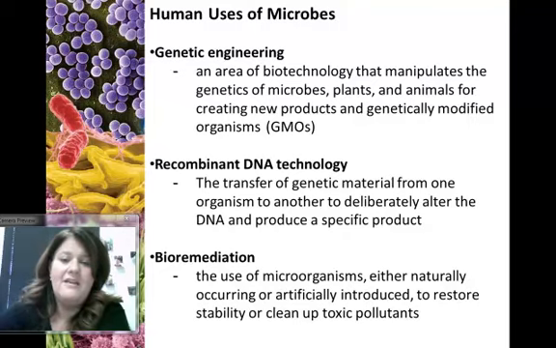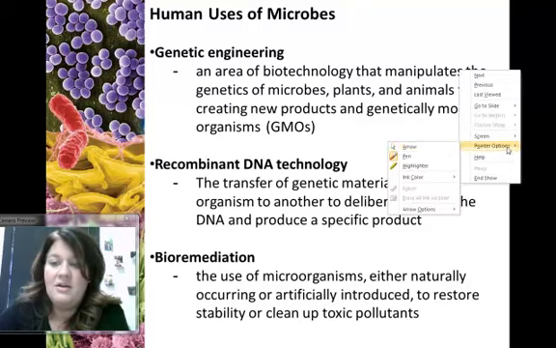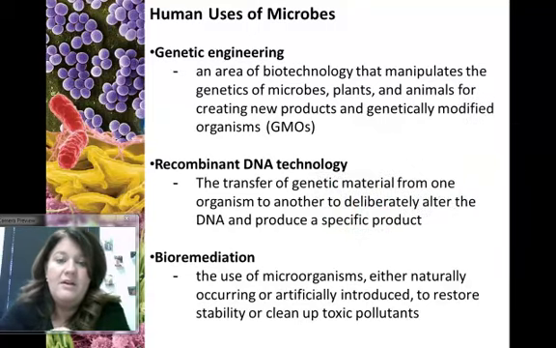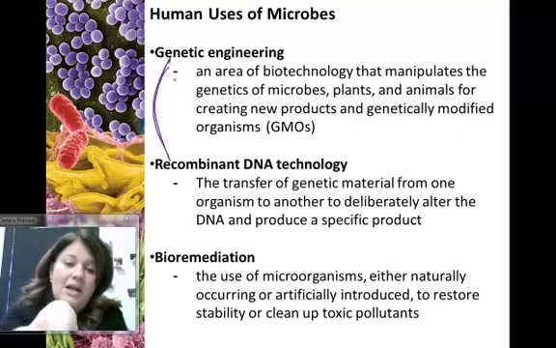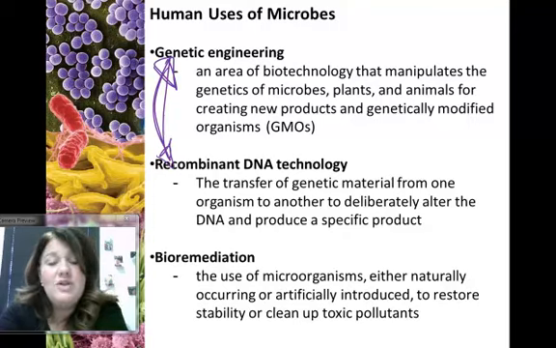Genetic engineering and recombinant DNA technology, very often, honestly, these are combined. One is not necessarily used without the other. When we talk about genetic engineering, we're talking about manipulating the genes of an organism. This is commonly done via recombinant DNA technology, so these go hand in hand, where we transfer genetic material from one organism to another in an attempt to deliberately use that DNA. Probably one of the best examples of this is insulin. If you know an insulin-dependent diabetic,